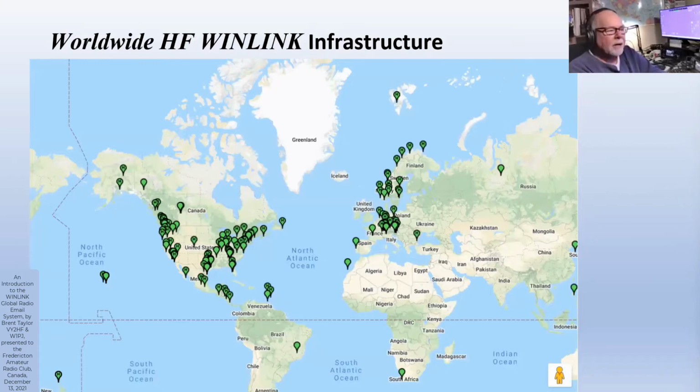Around North America, there's, as you can see, lots, mostly so far in the United States, although there are some stations in Canada. One of the premier stations is actually not very far from us, and I'll talk about his in just a moment. And you can see there's also a good distribution of stations in Europe and a few other places around the